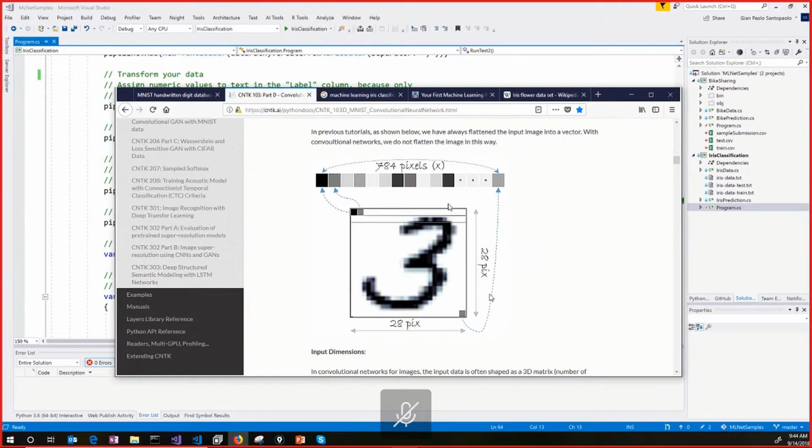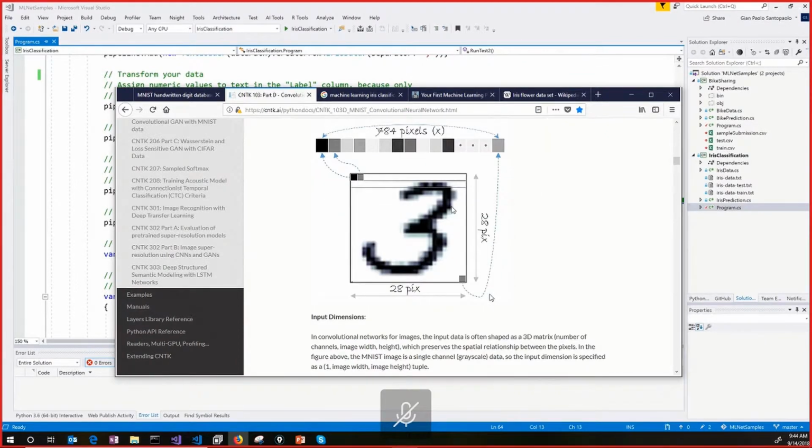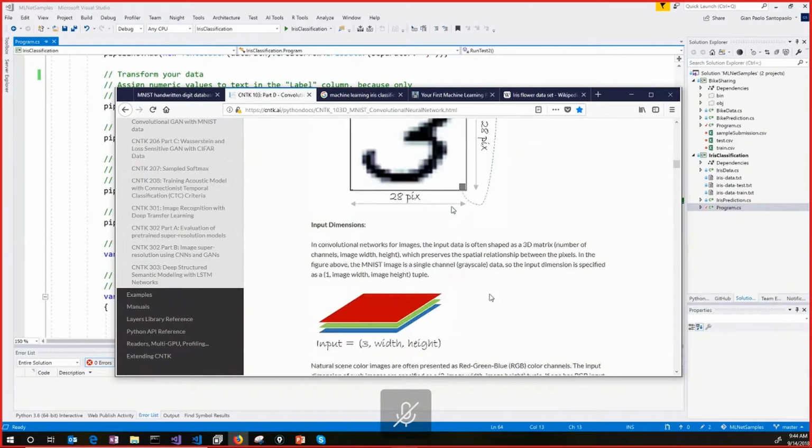On the side, if you multiply 28 by 28, it comes out to 784 pixels, and this is our vector that we are going to use for this kind of thing. Now, why do I like the MNIST database? I like the MNIST database because it's something visual.